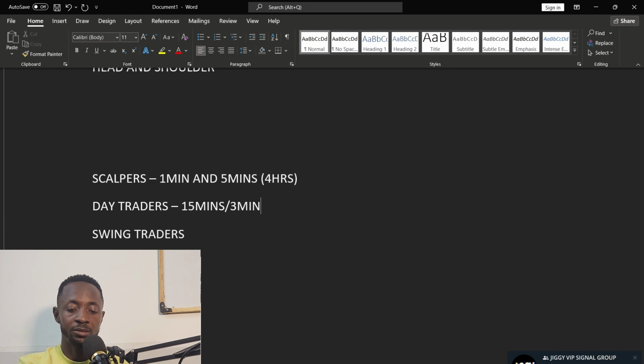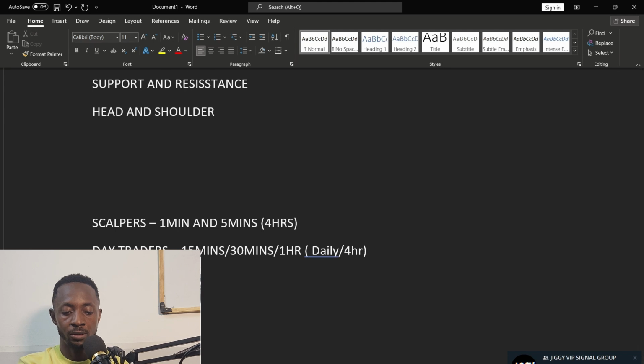While day traders trade on 15 minutes, basically, and 30 minutes, and some even go as far as 1 hour at most. So they use the daily and the 4 hours time frame for their entry criteria to study the chart. While swing traders, which I am,